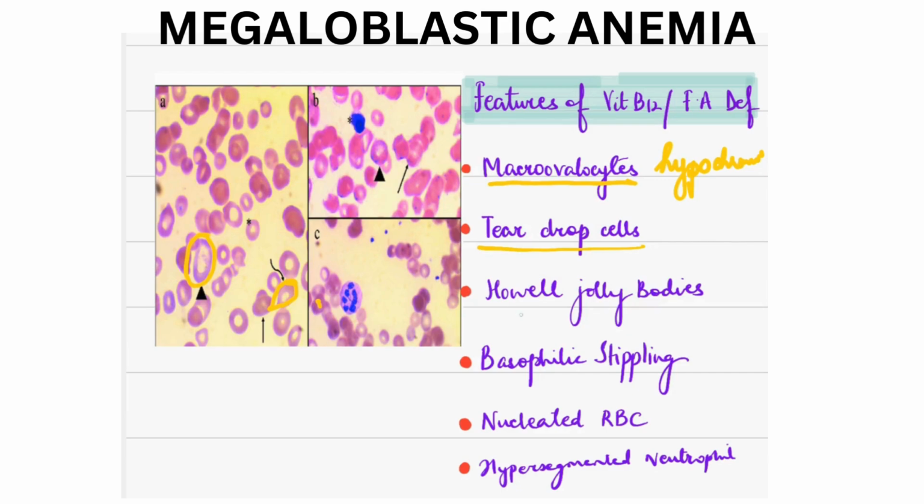Now what are Howell Jolly bodies? Inside the RBCs only, we see dot blue color. These are blue in nature. Here, here, yeah. So these blue dots are actually, what are these? Nuclear remnants, and they stain blue. So these blue color, they are actually Howell Jolly bodies, very peculiar in megaloblastic anemia,